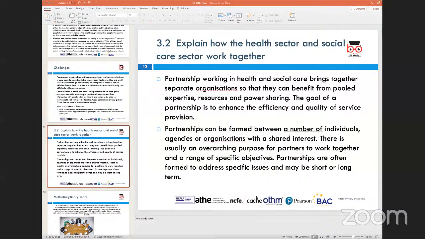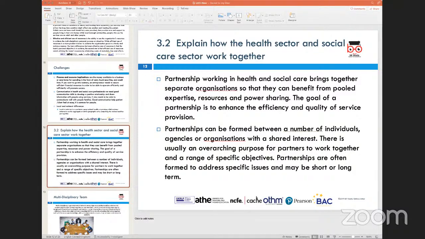Now, if you've had an accident, you would first receive healthcare services. That would mean you'd be admitted to a hospital, probably taken to A&E if required, and any surgery would happen. If you've broken a leg or an arm, just as an example, you will get a plaster, be given some medication, and an X-ray would be done. So all that is the healthcare sector, happening within the hospital.